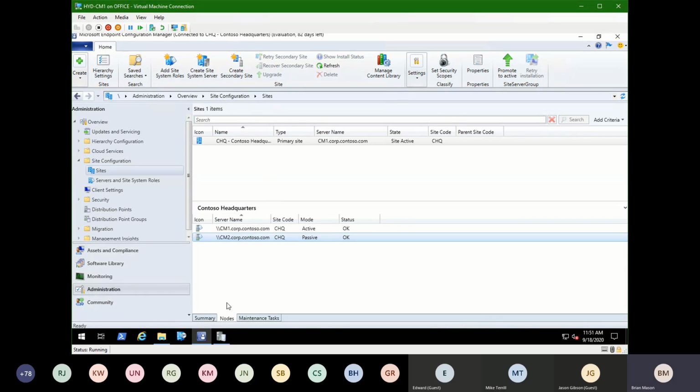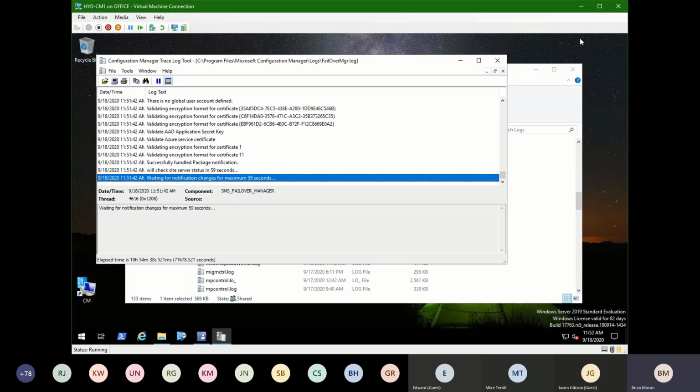The other thing, there was one last little thing I ran into here: this lab is offered by the Office Deployment Toolkit. It's a free offering from Microsoft. It runs out, it time bombs. I've got standard evaluation. This guy's got 142 days left. Well, guess what? Over on my new server, I've got 172 days left. So if you want to kind of keep cheating, this is another way you could keep cheating. If you're really cheap and you can't buy a lab and you don't want to pay for all these licenses,